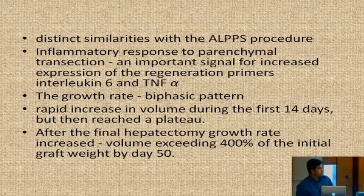ALPS procedure, where you transect the segment 4, segment 2-3 junction, and this inflammatory response to the transection was an important signal for the increased expression of regeneration primers in the liver regeneration, interleukin 6 and TNF-alpha. The growth rate was a biphasic pattern. It rapidly increased in the first 14 days after the resection, and then reached a plateau. Finally, when they did the final hepatectomy, the growth rate again increased, and by POD 50, around 400% of initial